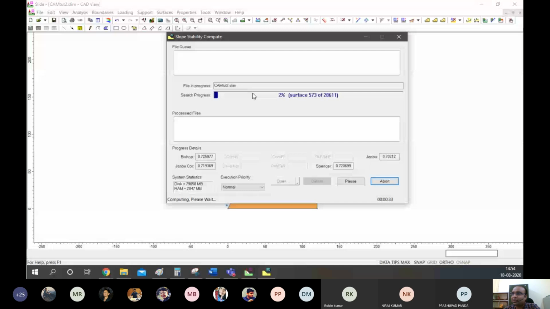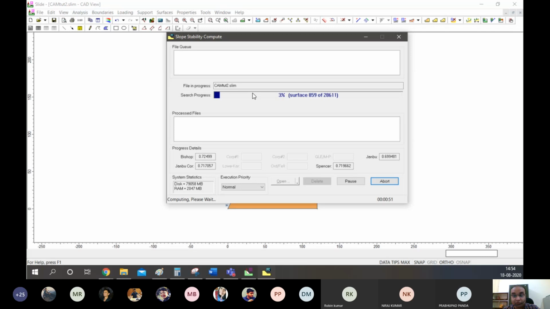That's why it is always recommended to keep the number of points and number of surfaces to a lower extent, if that doesn't compromise the accuracy of the output. A balance has to be maintained.